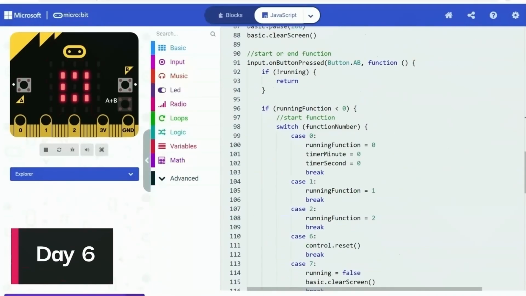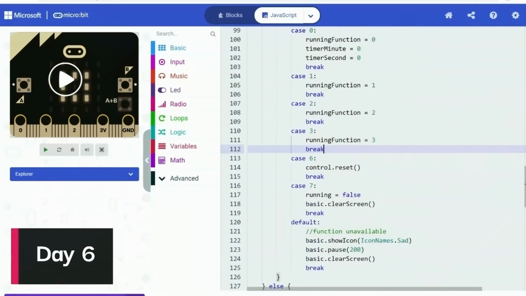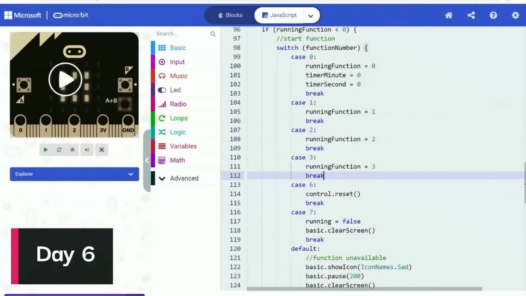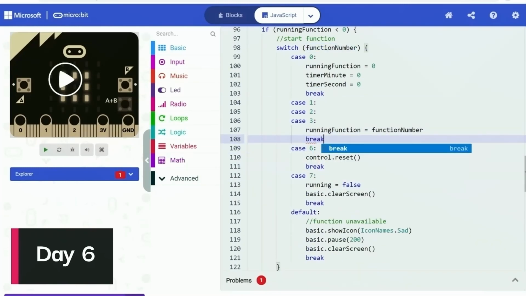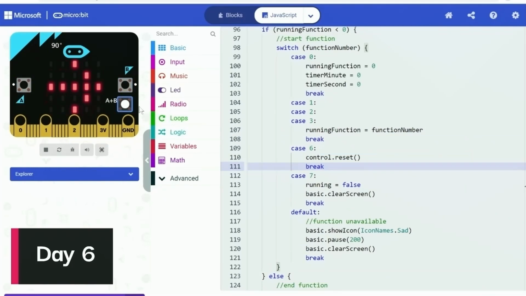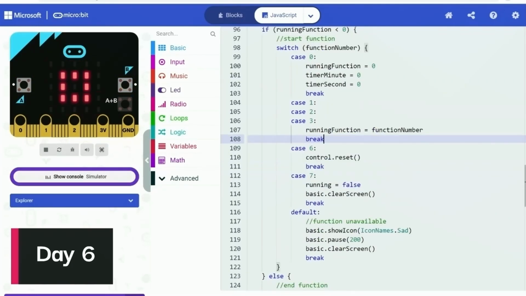Day 6, already past the halfway point, still 4 more days to go after this day. Since there were a lot of repetitions going on in the switch statement, I tried to make it simpler. Now there are some cases that are sharing the same logic. After making sure I didn't accidentally break the program, I was up to implement yet another function.